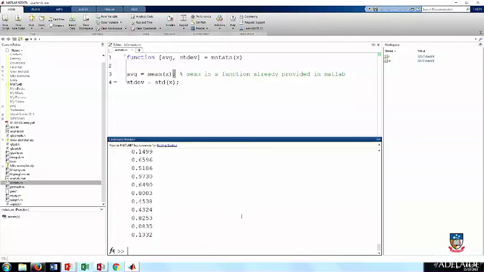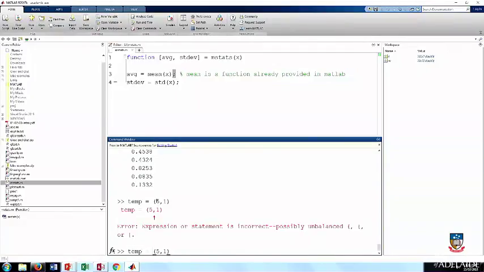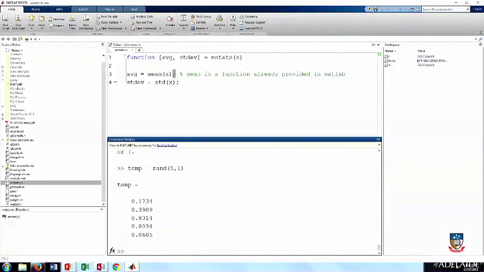What do you mean by one column? Like this. These are the dimensions. This is what I mean. So you mean between 0 and 1? Between 0 and 1, and the dimensions are 5 times 1. Okay, so let's call this function now. You mean 5 observations? Yeah, 5 observations. So let's call this function